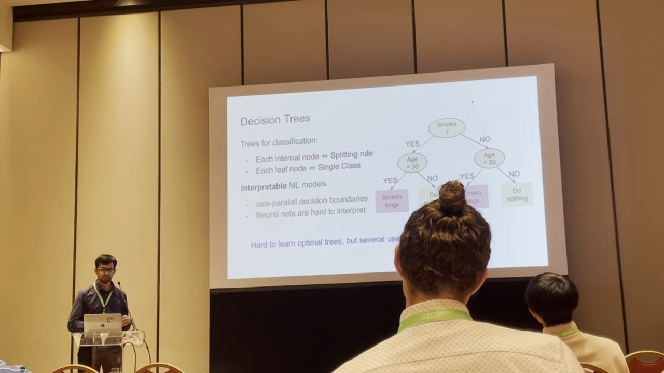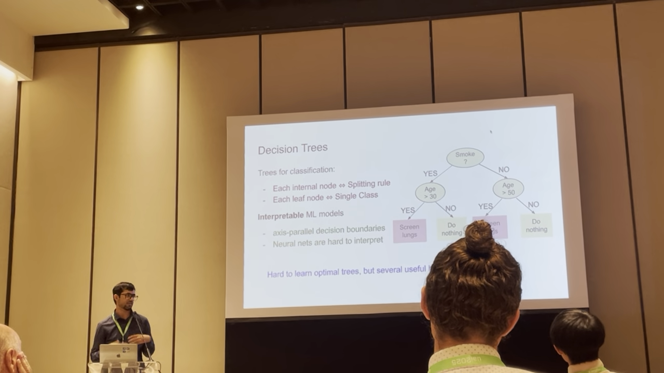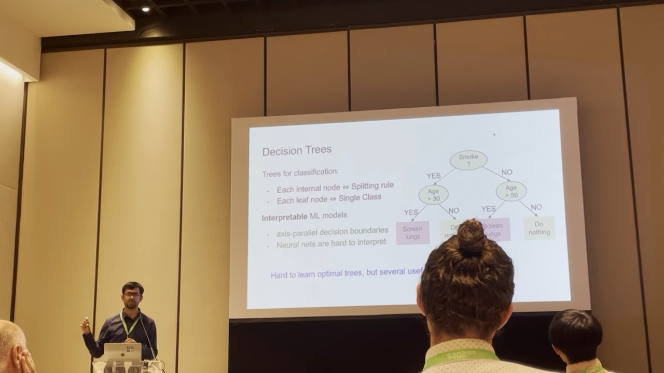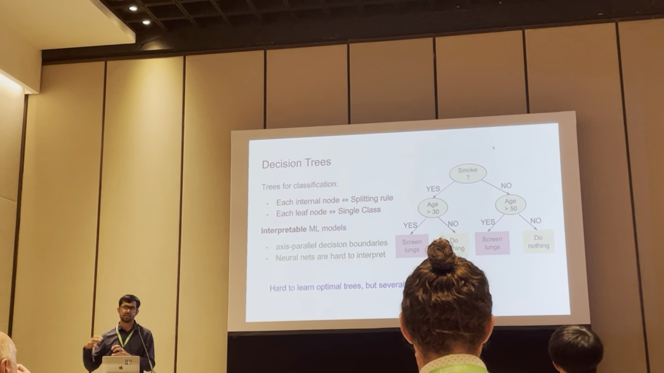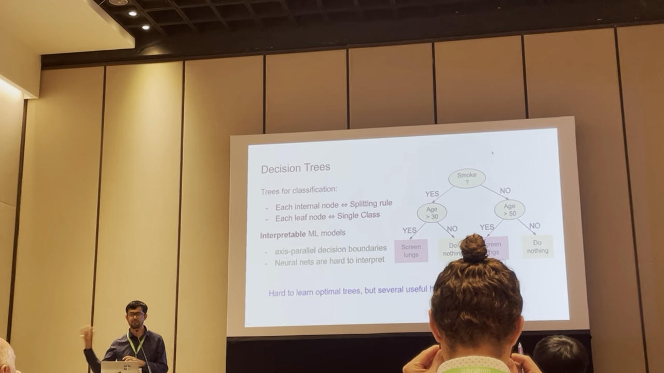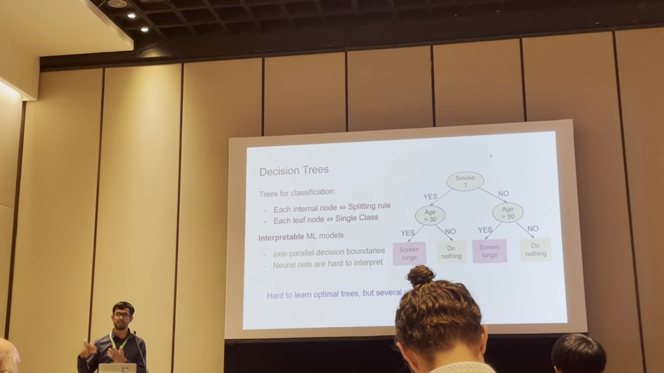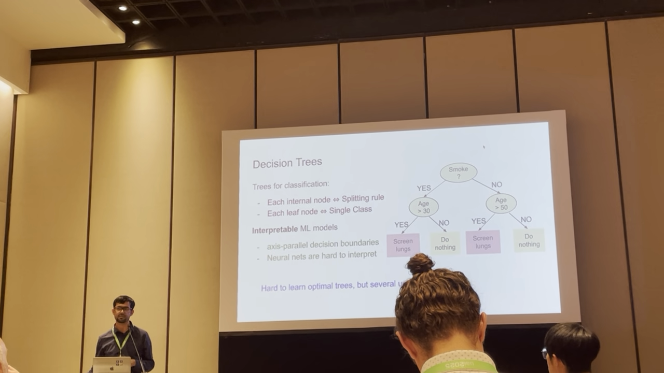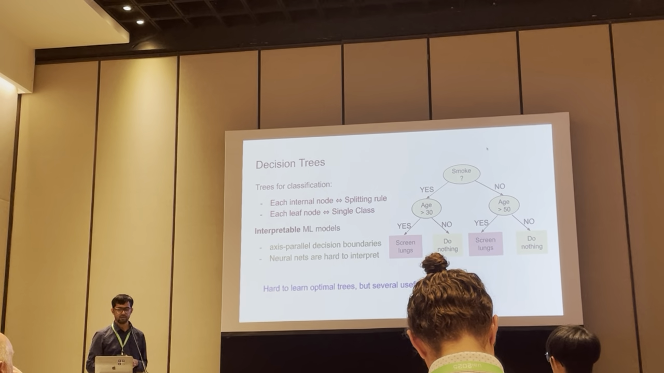So just to remind you, you can use decision trees for classification. Each internal node of your tree is like a splitting rule. It tells you, if this categorical feature takes this value, or this real valued feature is in this range, then go left or go right. So it tells you how to follow the tree to make decisions on any new example. And each leaf